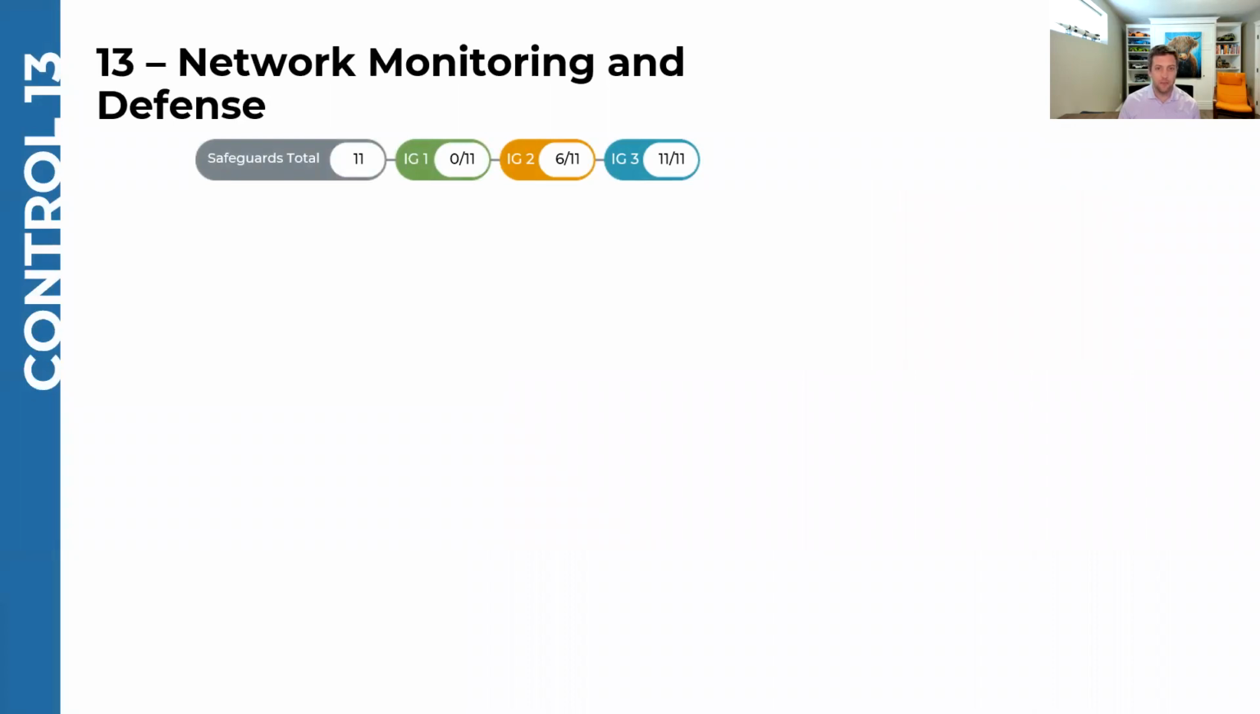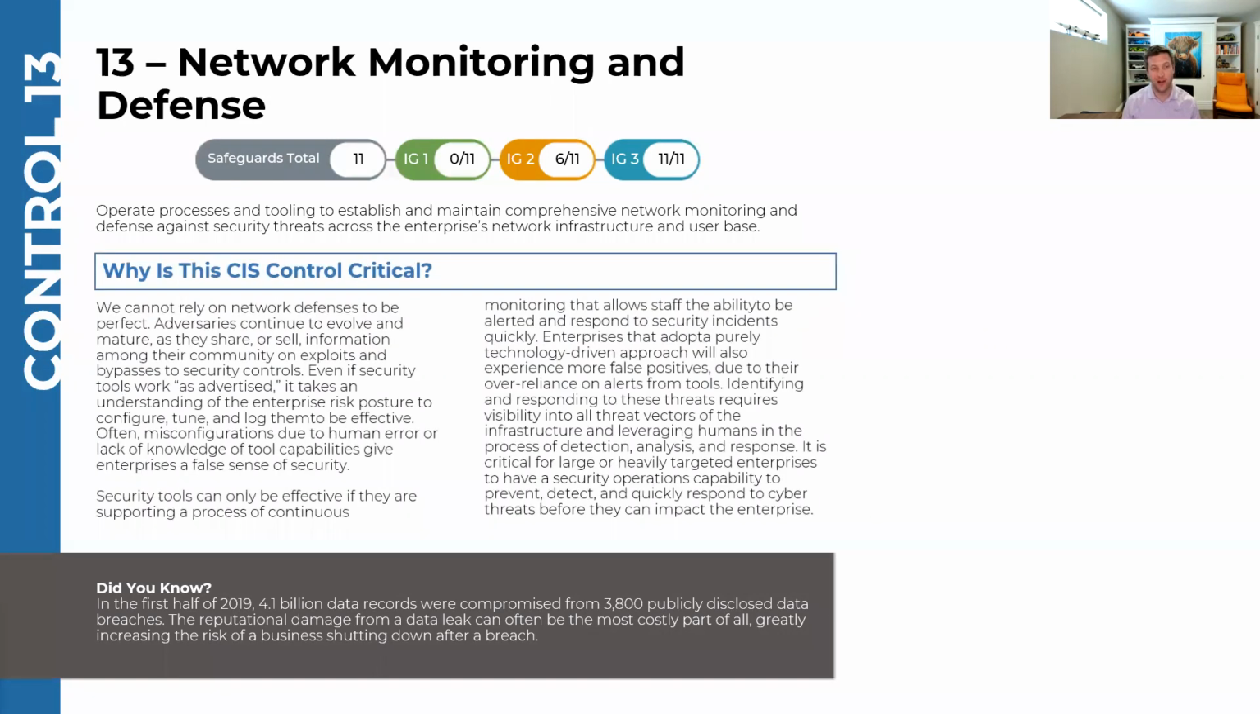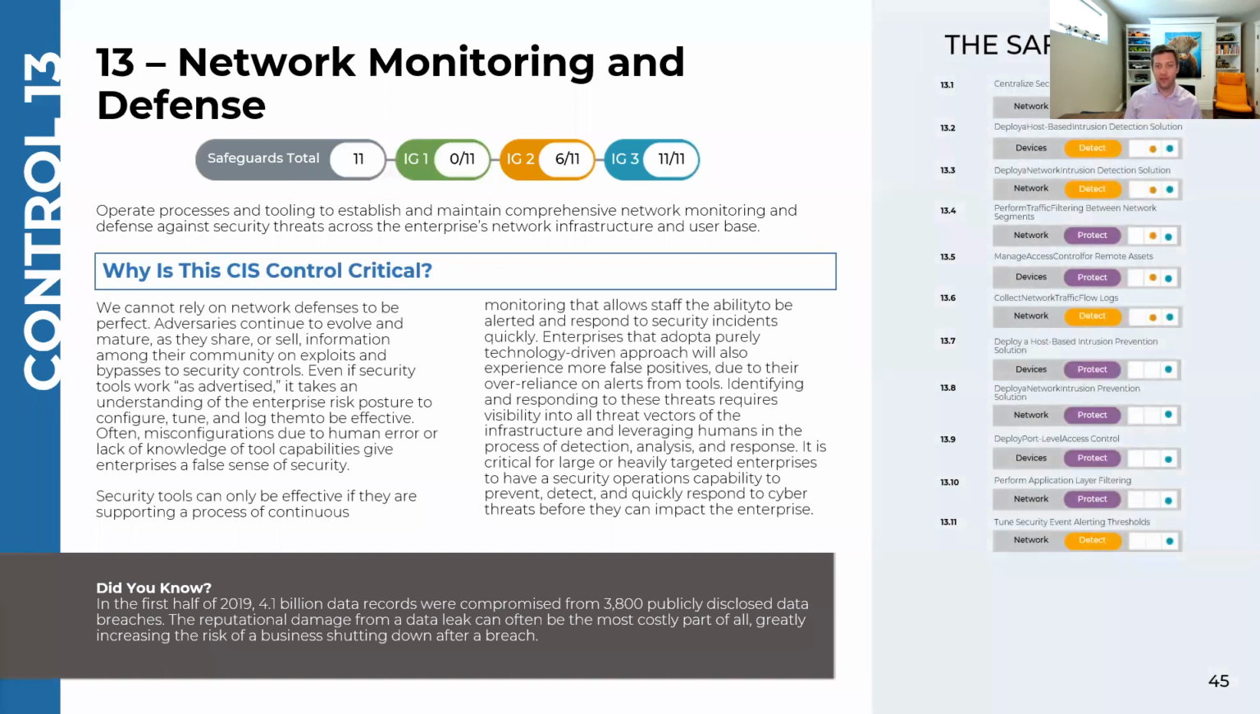Control number 13, network monitoring and defense. I can't wait to see if my green dots match the numbers here, but we see Implementation Group 1 has 0 listed on it. And so this one is all about monitoring all of those network devices by collecting logs from them, assessing the outcomes of those logs or the information that's held within them,